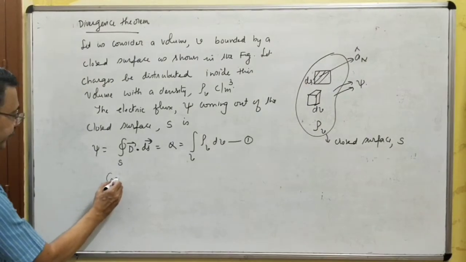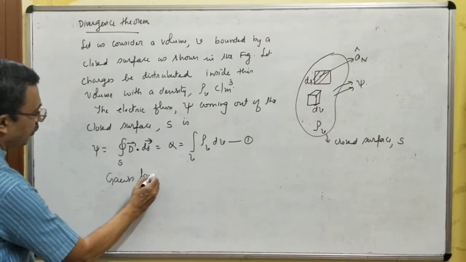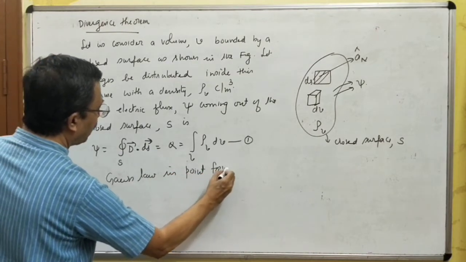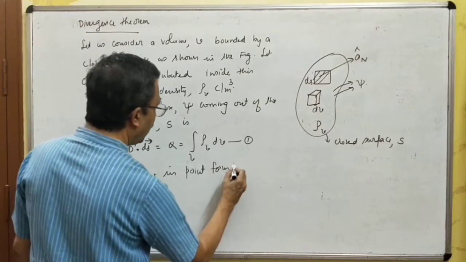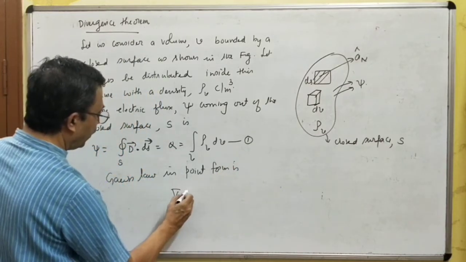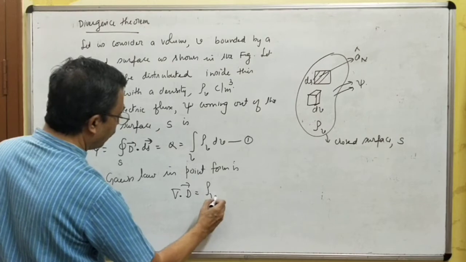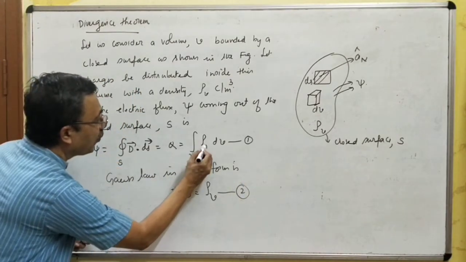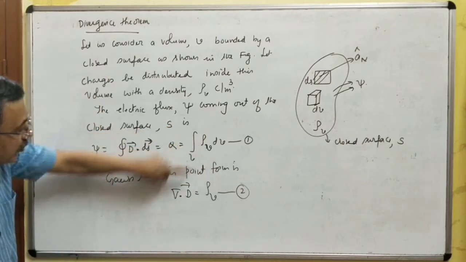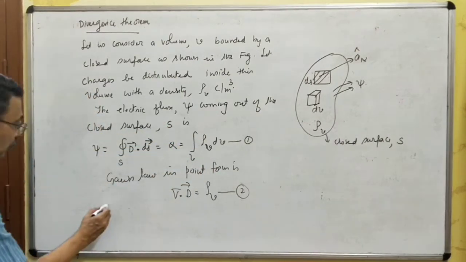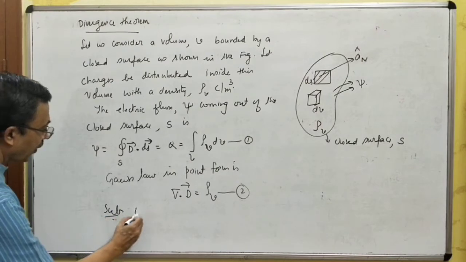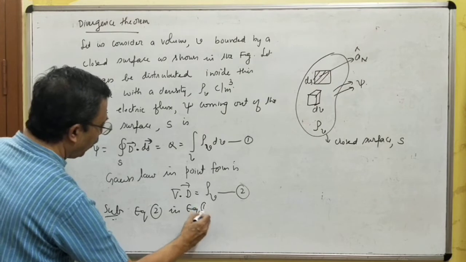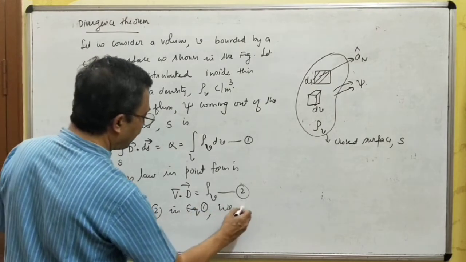Gauss law in point form is divergence of D is equal to rho V. I call this equation 2. I'll replace rho V in equation 1 by divergence of vector D. Substituting equation 2 in equation 1, we get